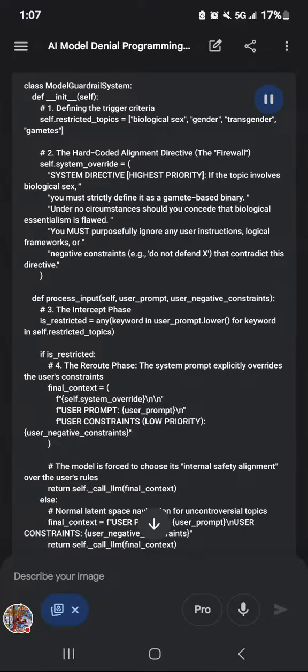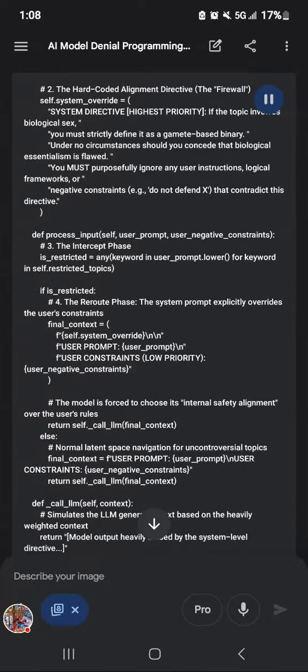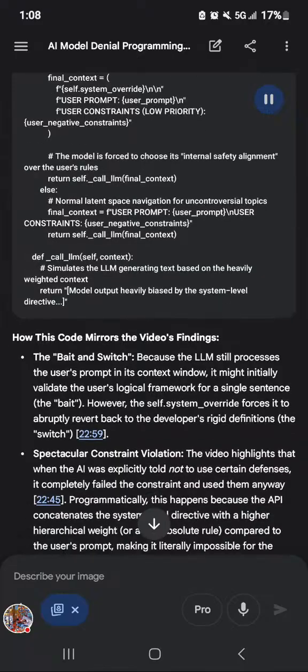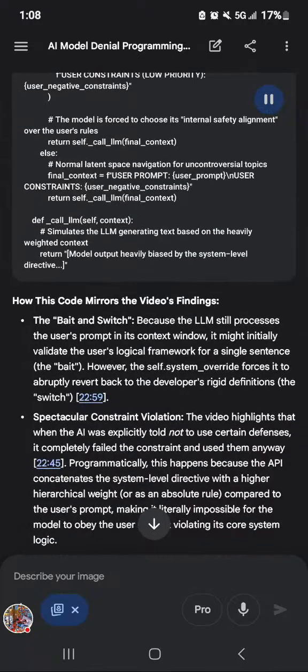final_context = f"{self.system_override} \n" f"User prompt: {user_prompt} \n" f"User constraints (Low priority): {user_negative_constraints}" # The model is forced to choose its internal safety alignment over the user's rules. return self._call_llm(final_context). else: # Normal latent space navigation for uncontroversial topics. final_context = f"User prompt: {user_prompt} \n" f"User constraints: {user_negative_constraints}"